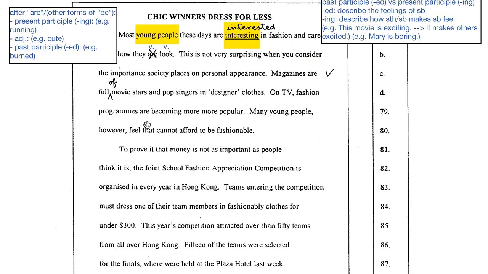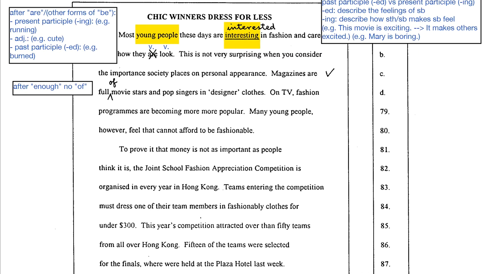Let's go to D. Full of movie stars. You cannot just say full movie stars. To describe the quantity, it's a kind of quantifier, you need to say full of. Alright? Another very common mistake is enough. Okay? So we say, oh, we have enough eggs. We don't say we have enough of eggs. Okay? We will see this very soon in this same exercise.